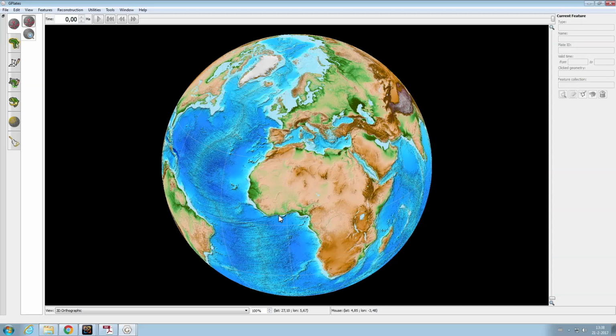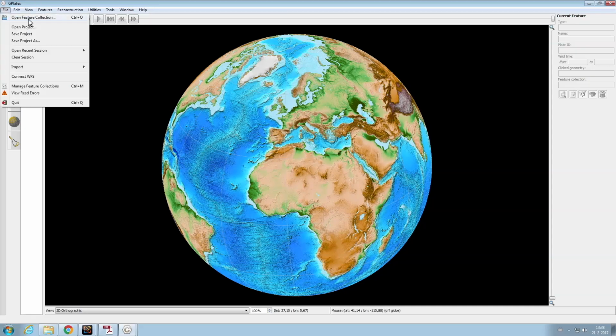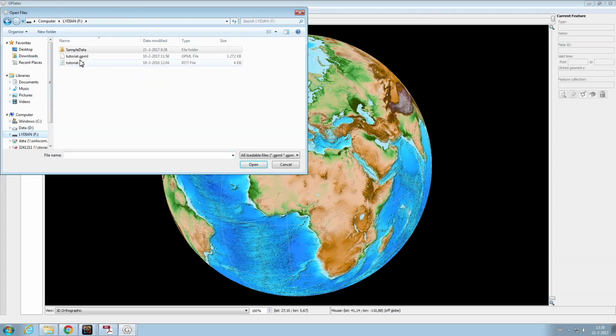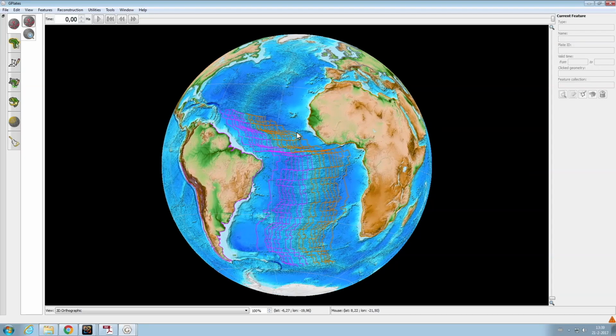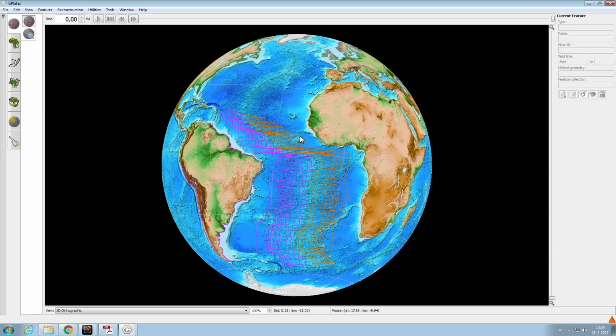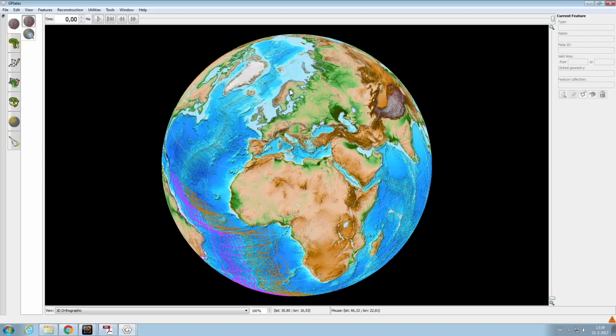So this is the first type of GPML file, and there is another, which is that tutorial.gpml file that you downloaded. So if you open that one, I'm also going to open this one. The tutorial.gpml file contains all these colored lines that you see here. So the orange and pink lines here in the South Atlantic, the coastline of South America and Africa, and gray Europe. And this is called a feature collection. It's literally a collection of features, and these features can be anything from coastlines, mountain ranges, magnetic anomalies, volcanoes, folds,